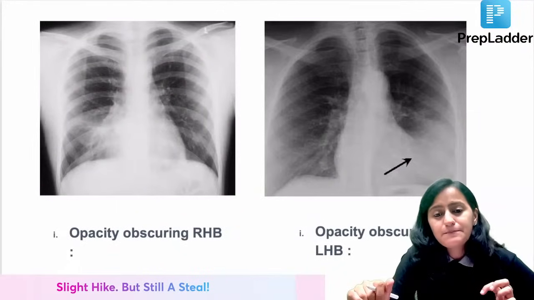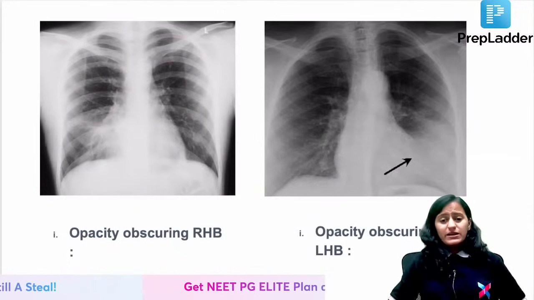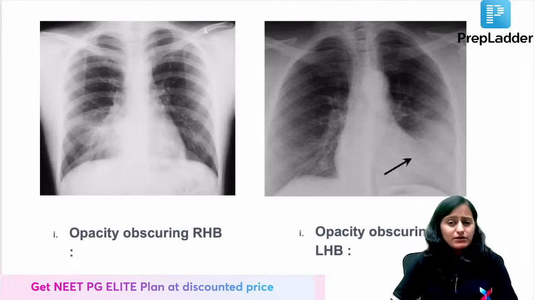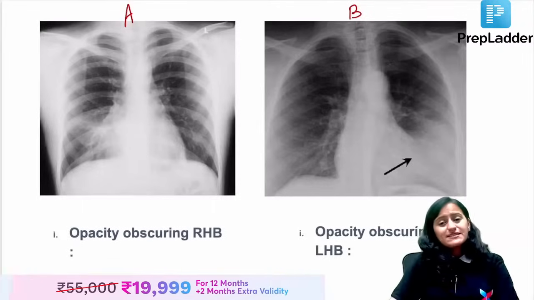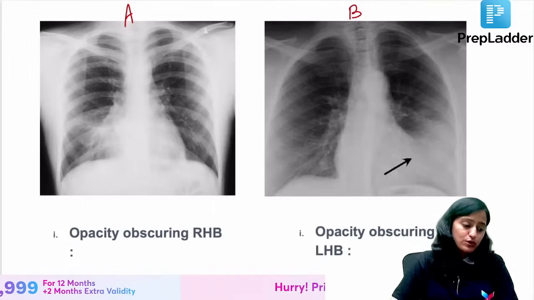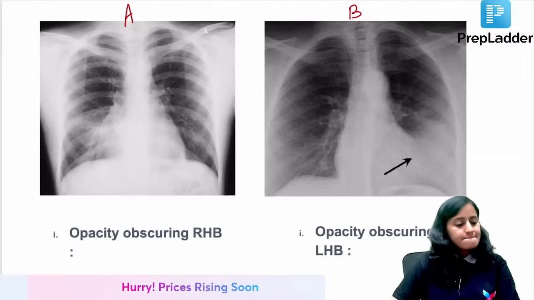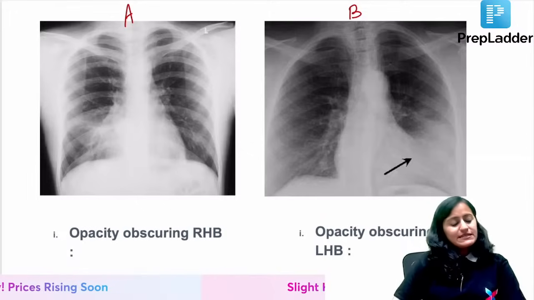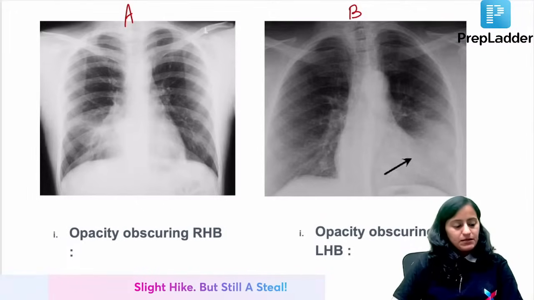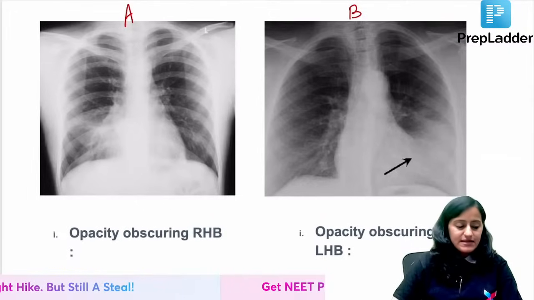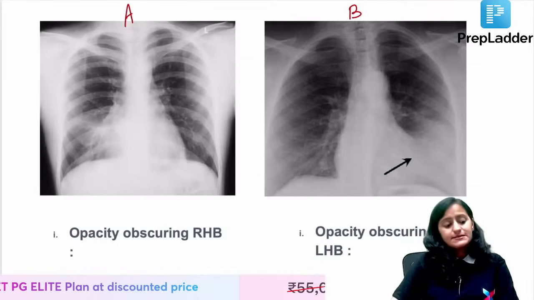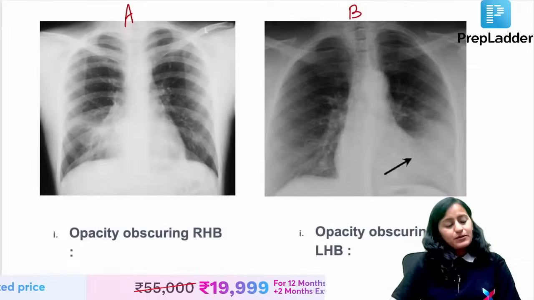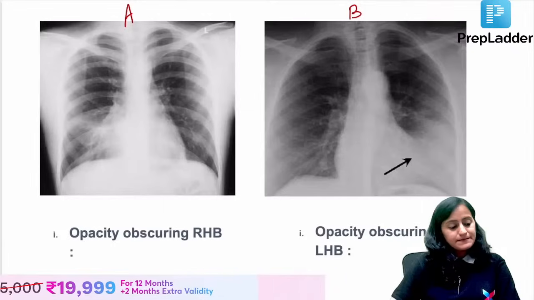Going to the next one, what is the diagnosis here? Which lobe pathology is this? Image A and image B. And based on what sign do you tell which lobe is affected? For fluid, it is USG. Remember. Very good, Deepak. Silhouette sign. The first one is the right middle lobe, and the second one is